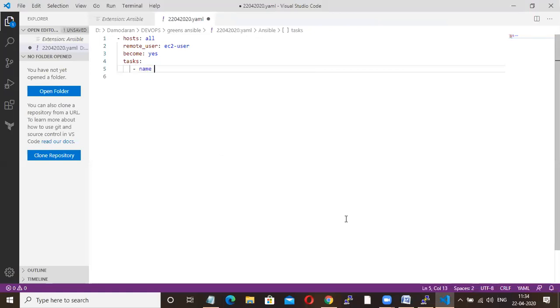So name. For the first task, you are giving one name. Okay. So you can give any name you want. I'm just giving, I'm going to install Apache. Okay. Again, this name you can give anything. This is for our understanding. Why we are giving this name means, suppose something goes wrong inside your playbook, for our understanding we are giving it, so that we can easily identify in which task we got the error. Okay. So install Apache, then